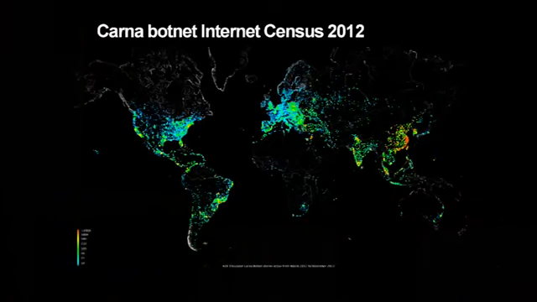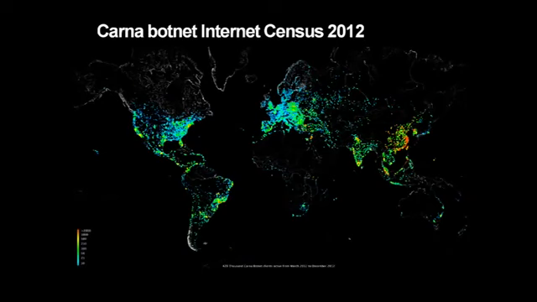Further inspiration came about a year ago from this research from the Karna botnet. The Karna botnet was an experiment done by some anonymous people who may or may not be here, who discovered that if they did this kind of internet-wide probing, if they probed embedded systems, they found many, many systems that would allow them root access with just a short list of default passwords. That's my understanding.